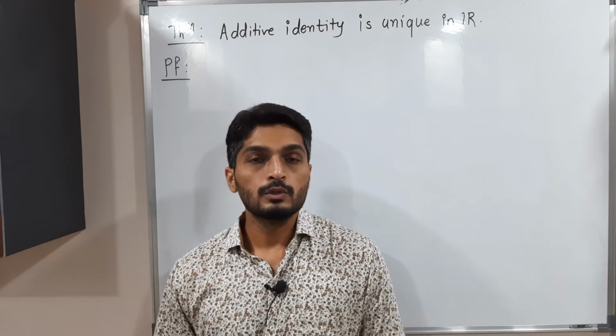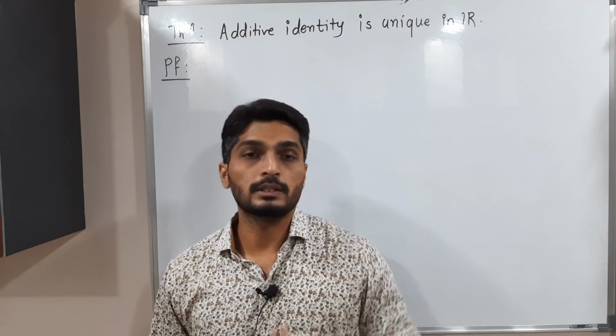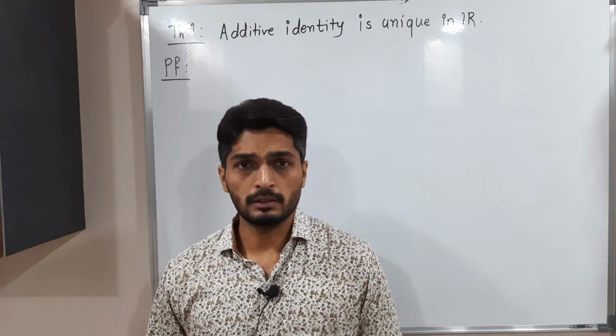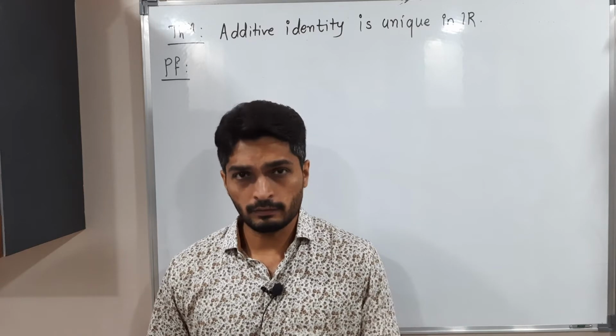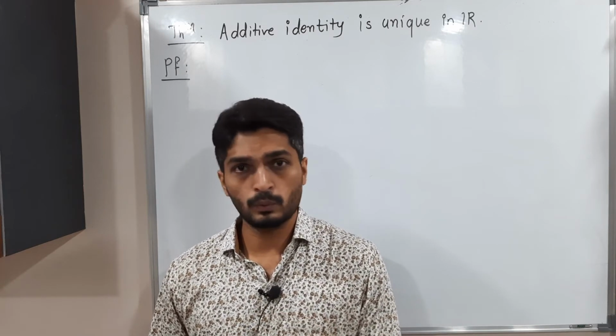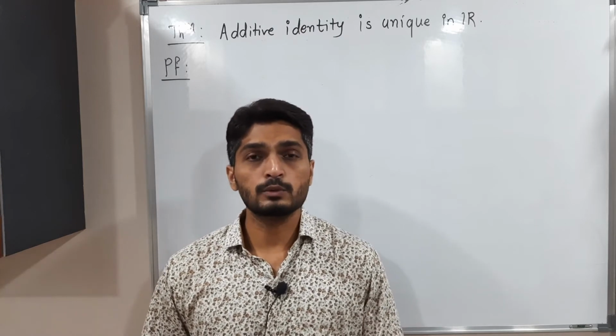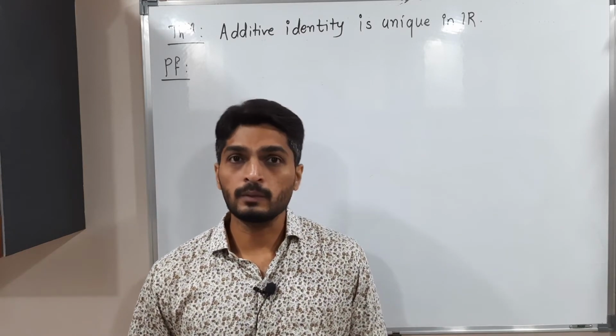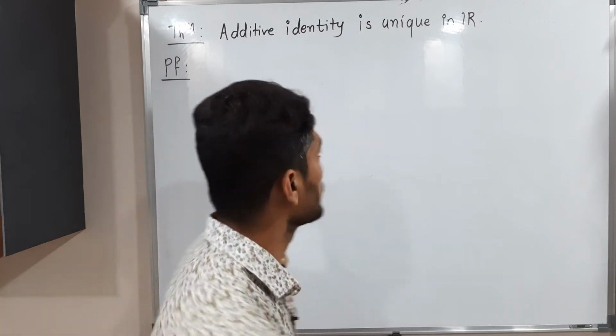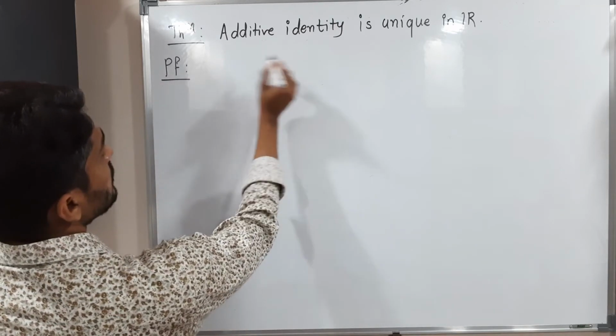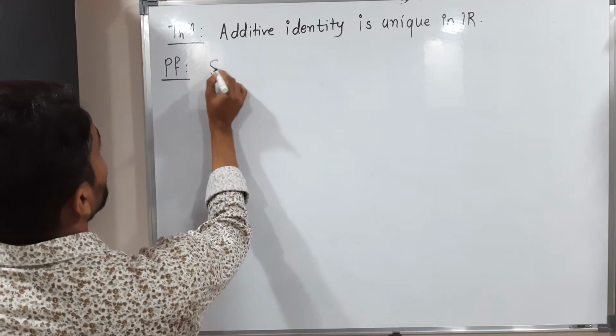Getting now? So here we have to prove that it is unique. There is no any other number. 2 is not additive identity. If you add 2 in any number, you will have same? No. So, but mathematically, we have to prove there is only one such additive identity. So, let us prove it. See, suppose,